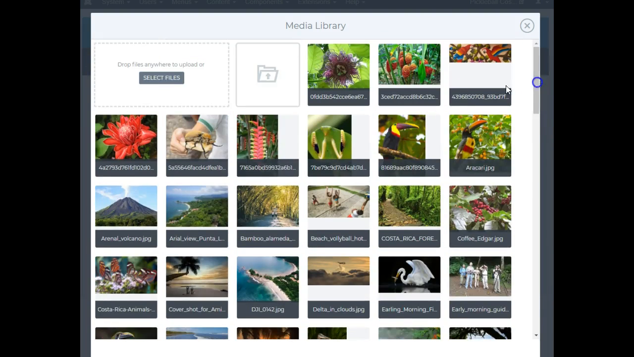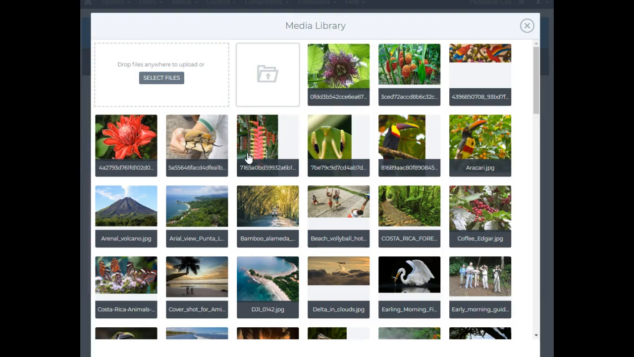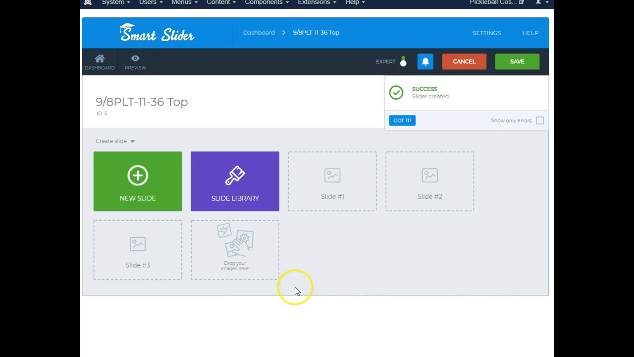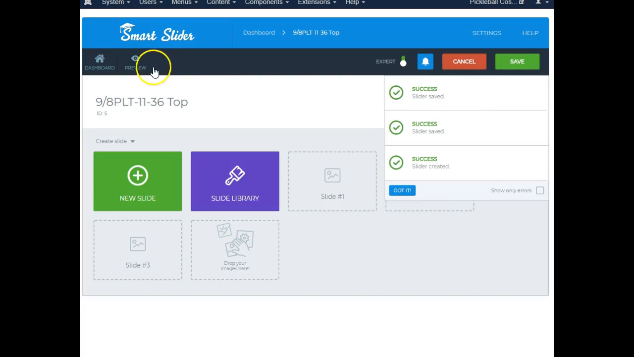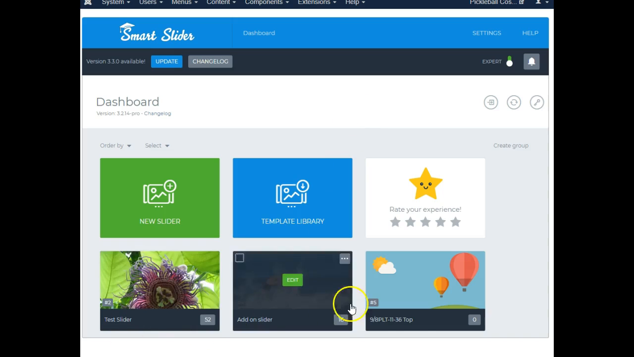If these are not the ones you want to use, you can click here, and you can upload any of the photos by finding them on your computer. So I won't add them just yet. So now we'll hit save. Let's say you've put in some pictures already. Okay, and it's saved. So we're going to go to the dashboard, and you'll see that now there's three sliders,